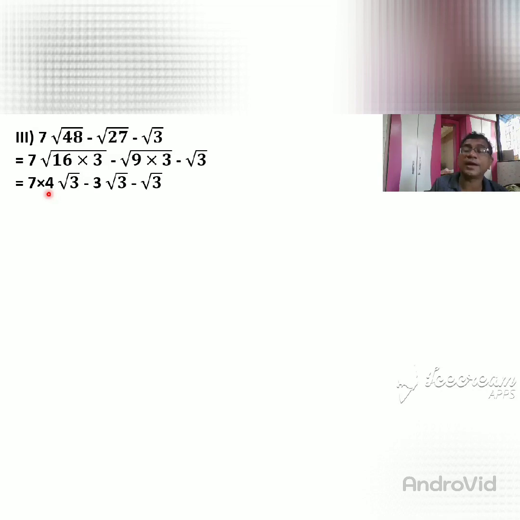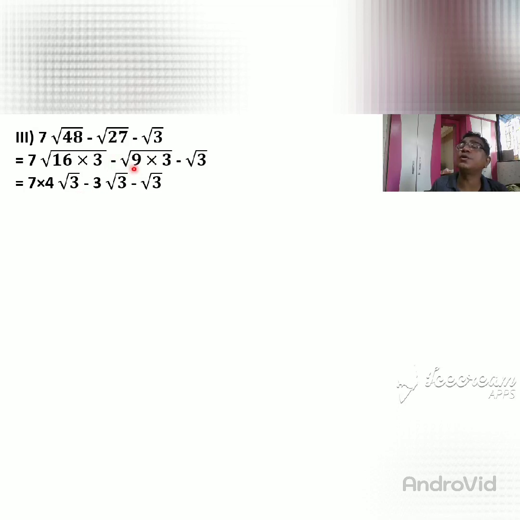If you don't understand, I will explain it again. See, 16 times 3 is 48. That is the factorization of 48. So the square root of 16 is 4, so I write here 4. So you get 7 into 4. Then what else is there? Root 3 remains as it is. See, this is the root 3 that remains as it is. Then the minus sign carries as it is.